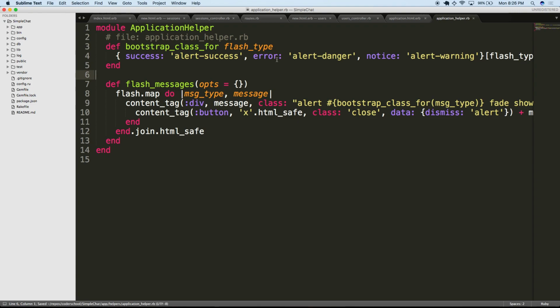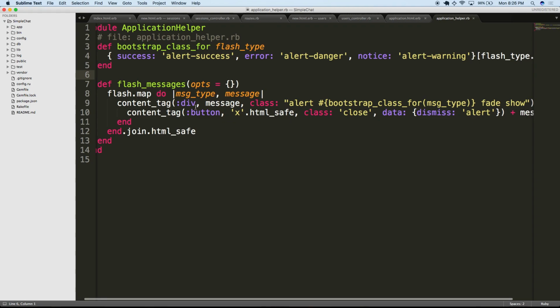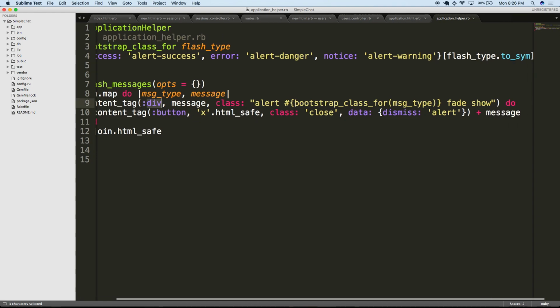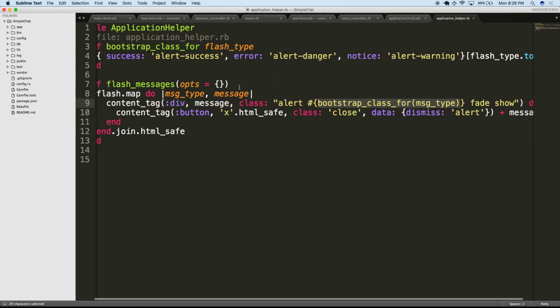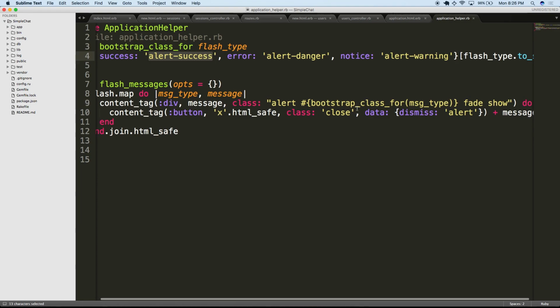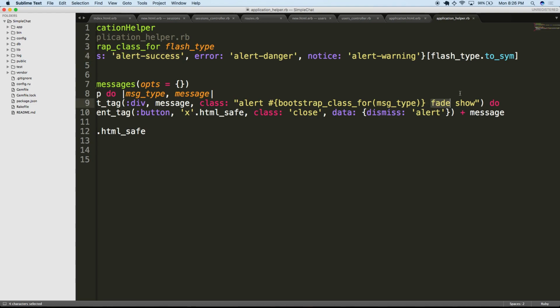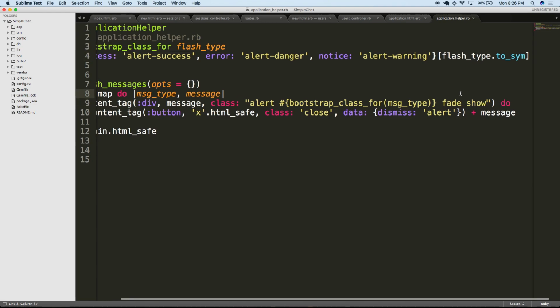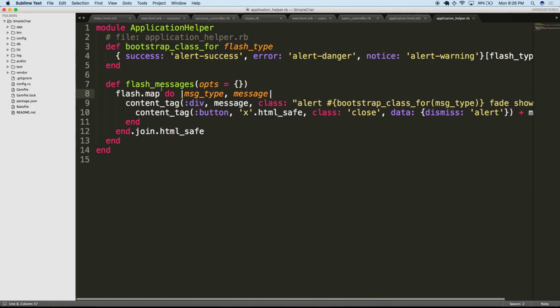It translates those into Bootstrap CSS classes, and then basically makes them into a div. Right here, it adds in the actual message class that responds to the appropriate type. So if we say flash success, it'll append alert success in the div. It'll do a fade, which is just kind of a nice little helper, and throw it in, right? So we've defined flash messages here, and in our